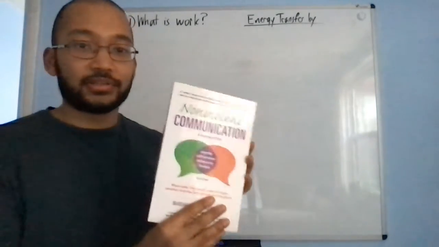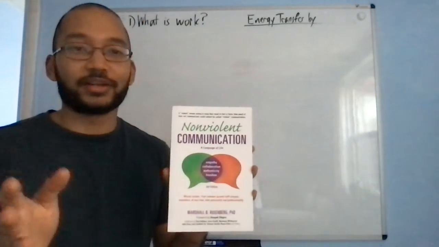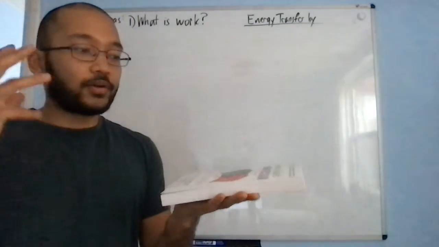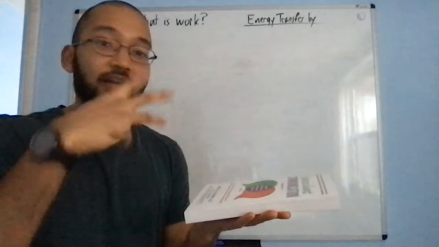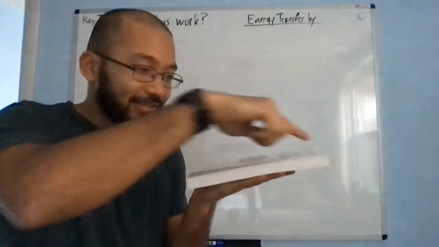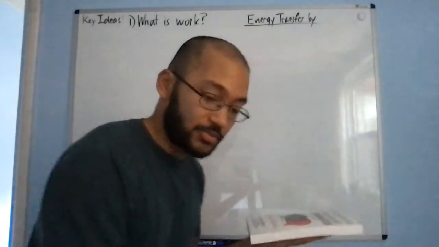So example number one, I have a book, great book, Nonviolent Communication by Marshall Rosenberg. I highly recommend you check it out. This is my system. What are different ways that I can transfer energy to the system? There's a couple of different ways, and there's some just broad categories. So if I have just an isolated system, there's three general categories. Number one,